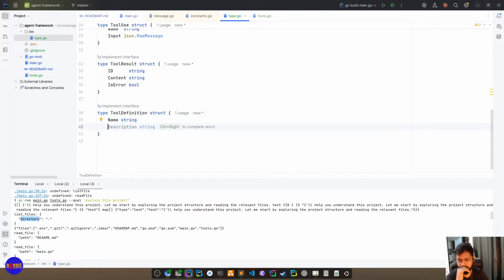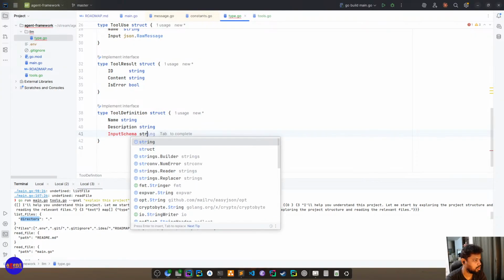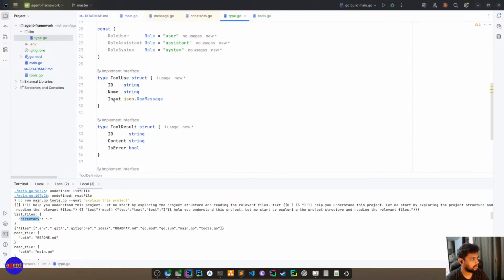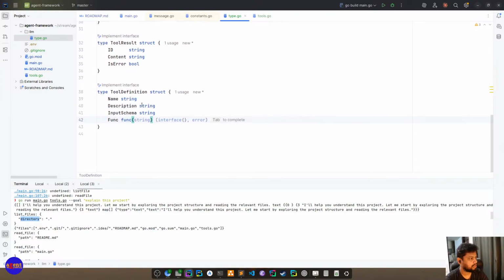It has a name. Let me see how the stream is doing. It has a name. It has a description. It has an input schema, right? I don't know what this should be. For now, I'll write that string. And it has a function, right? Let's call it func, which takes JSON raw message.